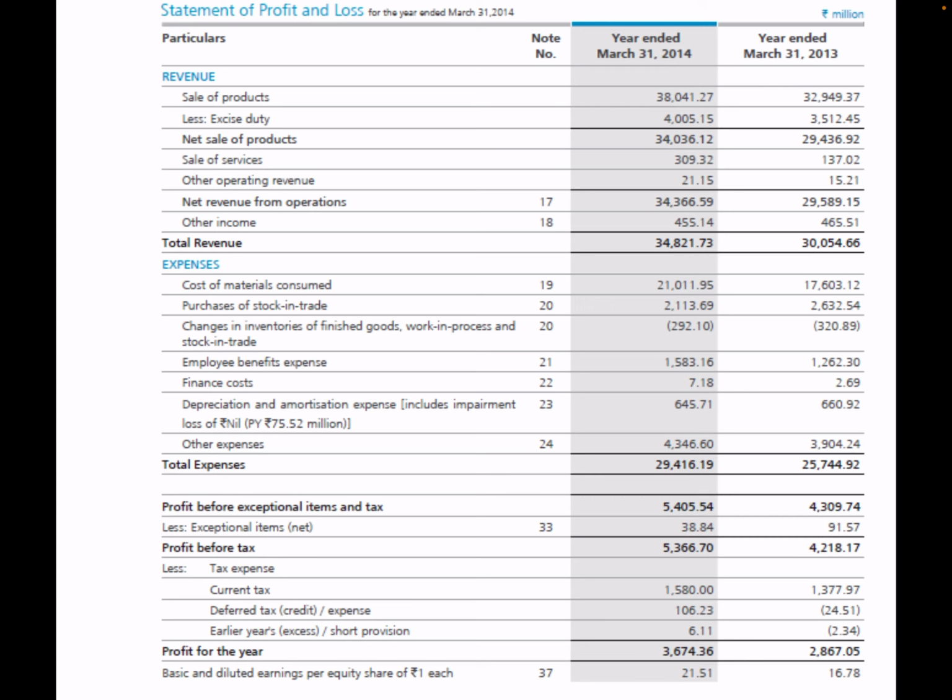Before we understand the revenue side, let us notice a few things mentioned on the header of the P&L statement. You can see the header clearly states the statement of P&L for the year ending March 2014. Hence, it is an annual statement and not a quarterly statement. Also, since it is as of March 31st, 2014, it is evident that the statement is for financial year 13-14, or it can be referred to as for the year